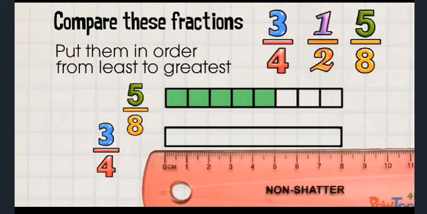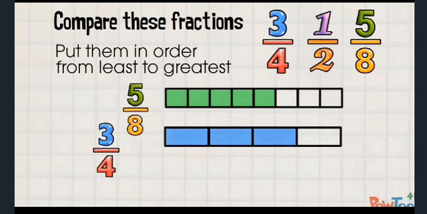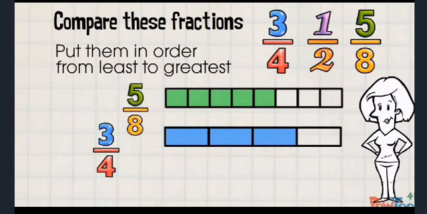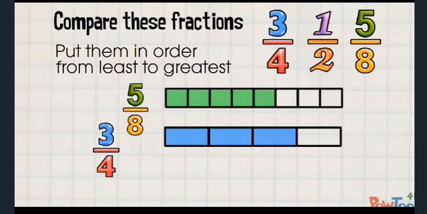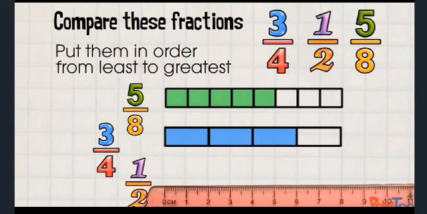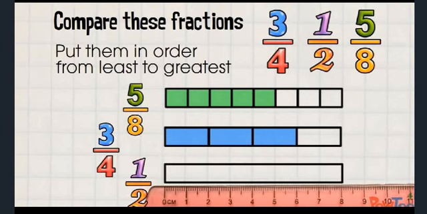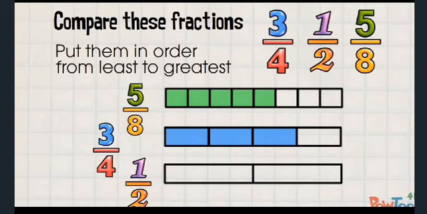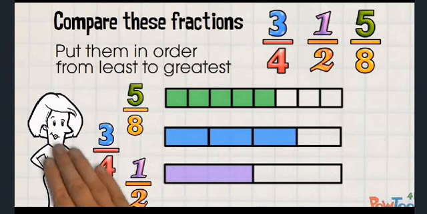The denominator is 4. So I say 8 divided by 4 gives us 2 cm for each part. 4 parts. Each part is 1/4. Then I color 3 parts. Last I do the fraction with the smallest denominator, that is 1/2. Half. 8 divided by 2 gives us 4 cm long. That tells me each half is 4 cm long and I color my half.